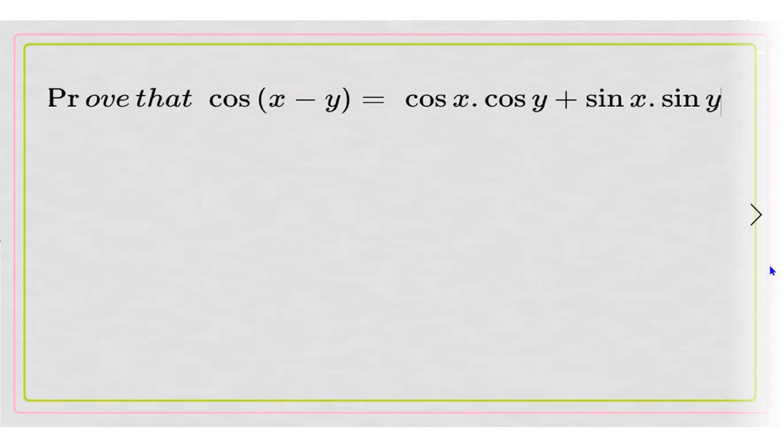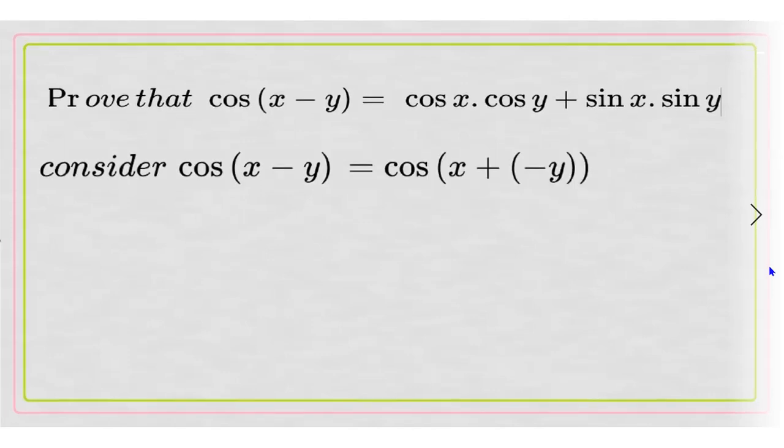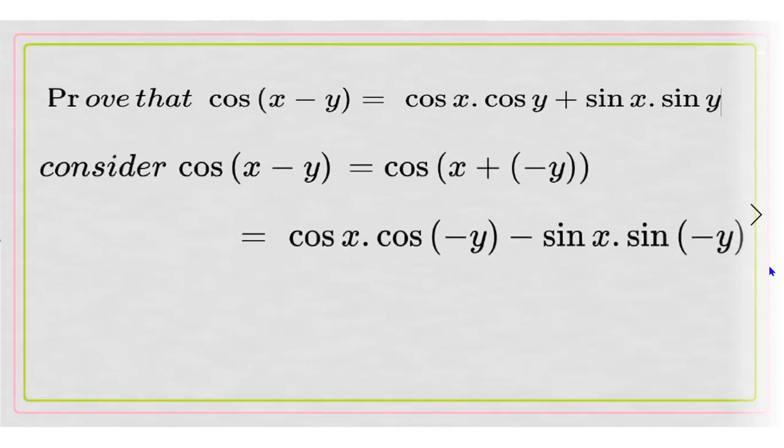The first result is: prove that cos of x minus y is equal to cos x cos y plus sin x sin y. To prove this, let us use the sum formula itself and consider cos of x minus y. You can write cos of x minus y as cos of x plus minus y. You apply the formula cos of x plus y here. You will get cos x into cos of minus y minus sin x into sin of minus y,